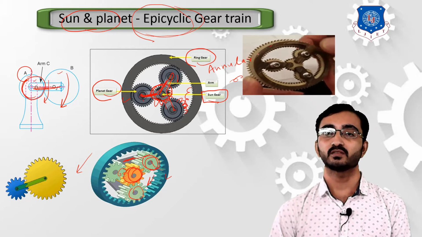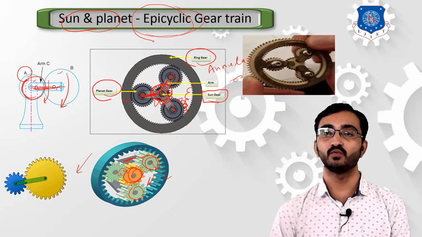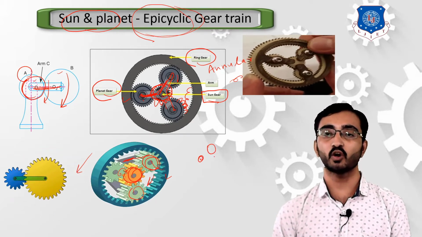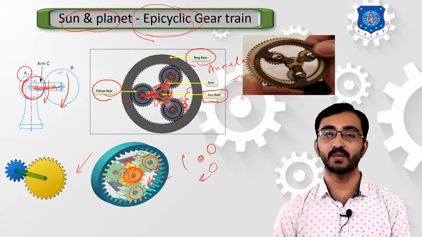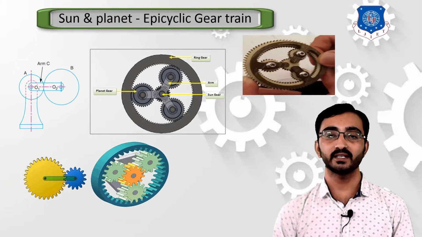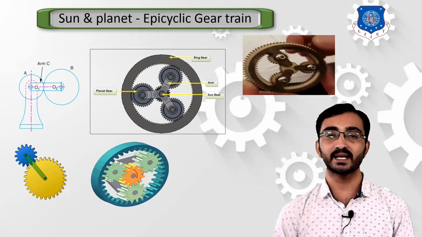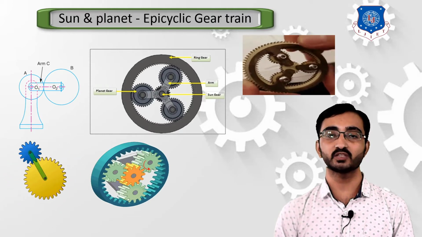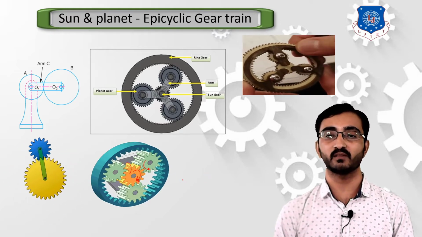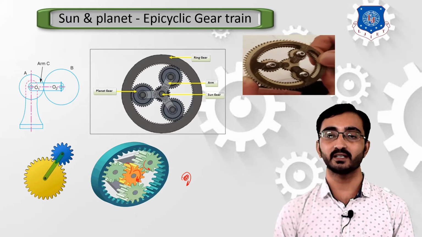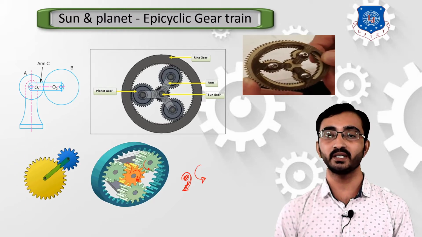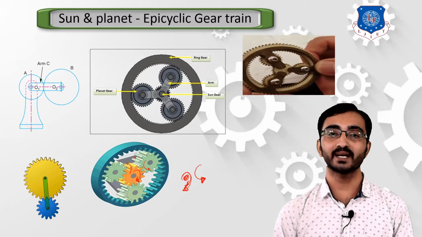In that case, the sun and planet gears move in such a way that they make an assembly in which the sun gear is at the center and all the planetary gears move around its periphery. The second fundamental about this arrangement: if you connect the sun gear and the planet gear, and the sun gear rotates in the clockwise direction, then the planetary gears rotate in the anti-clockwise direction, as both are made up of external gear teeth.